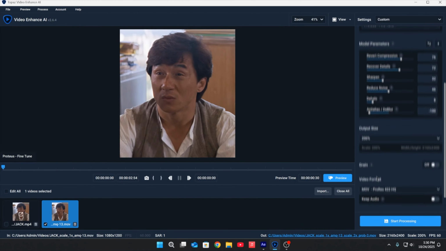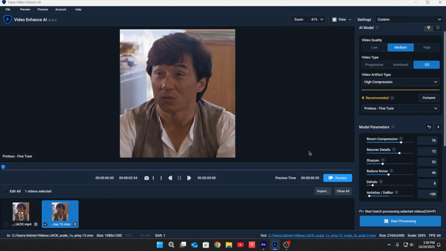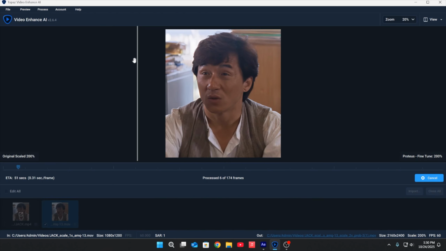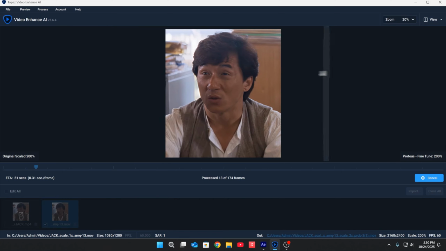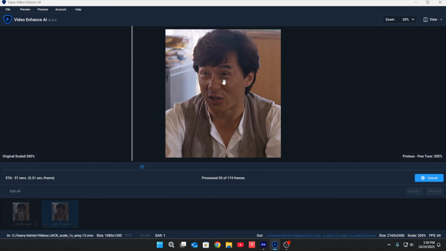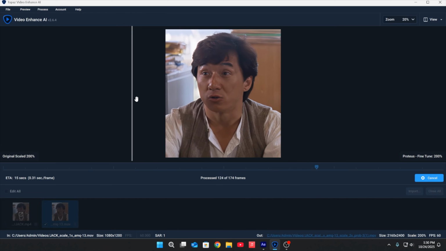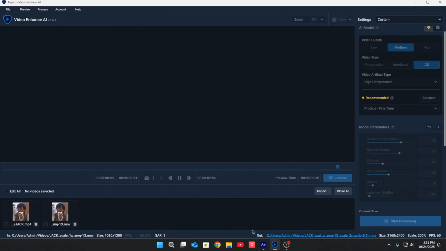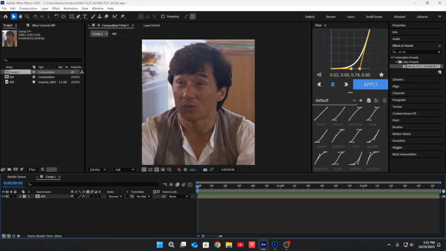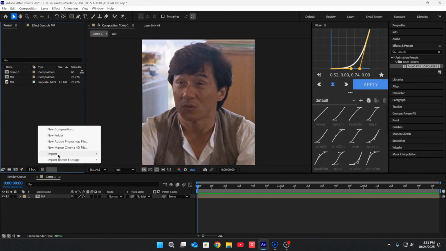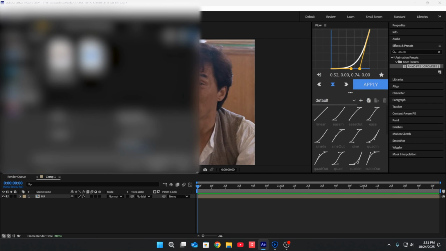Use the exact format and process it. As you can see here, the quality has increased a lot. After done processing, go back to After Effects again, import the upscaled file,